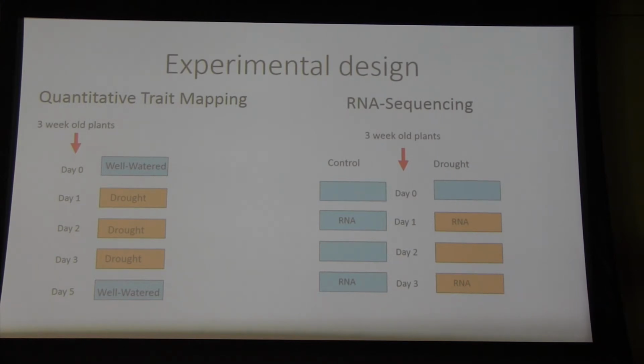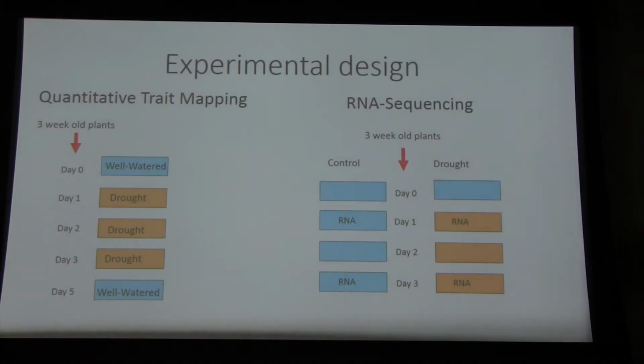One I'll refer to as the quantitative trait mapping experiment, and the other as the RNA sequencing experiment. And for both of them, I grew plants for 3 weeks, and then I took the seedlings and I started to drought stress them. And so for the quantitative trait mapping experiment, on what I called day 0, I had 3-week-old plants. They were well watered, and I started measuring some physiological traits. And then by day 1, I stopped watering them, and I kept measuring those traits each day. And finally, on day 4 of that experiment, I re-watered them and then measured again to see how the plants